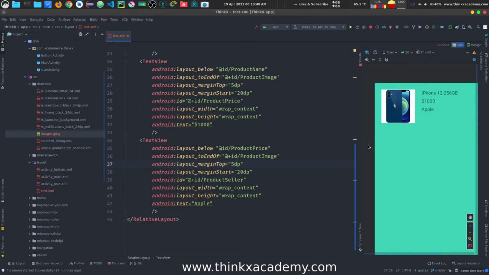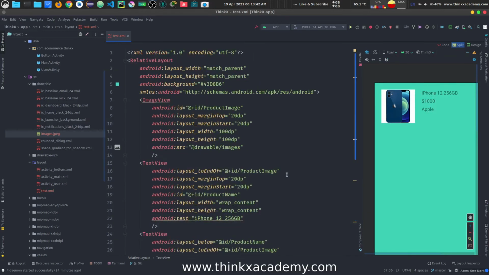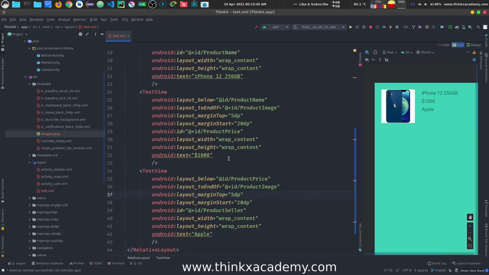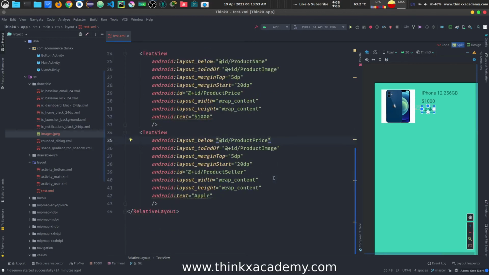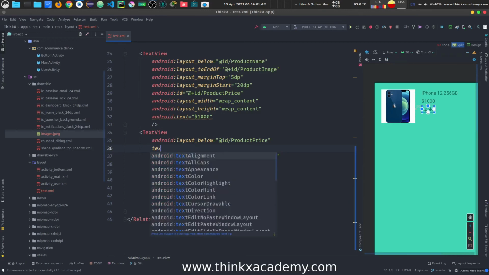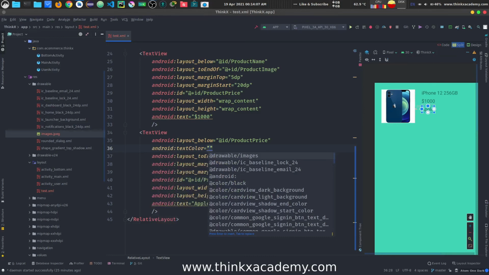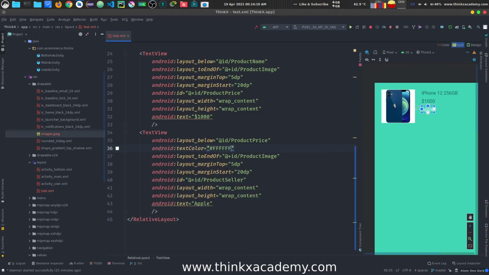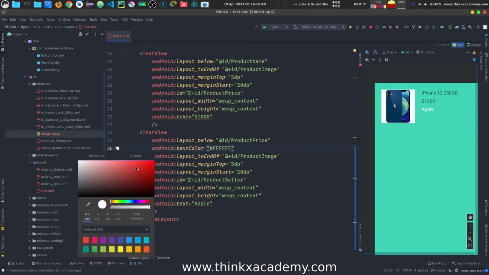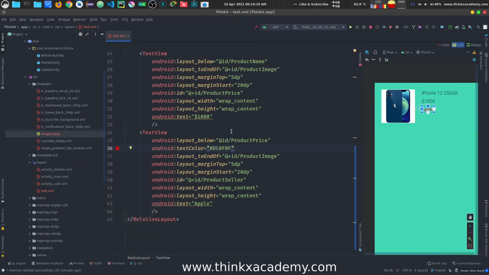So now you can see we have used a linear layout, and we have used a relative layout, and you can see how we can actually use a linear layout by just using this layout below, and that actually makes use of only the relative layout. We can also use some more features here, right? For example, if you want to change the color of this text view, just write text, and you can see here we have the text color option, and here you can just write hashtag 6 times F, and it will change the color to this one. You can select here any color you want to, so a very handy feature, right?